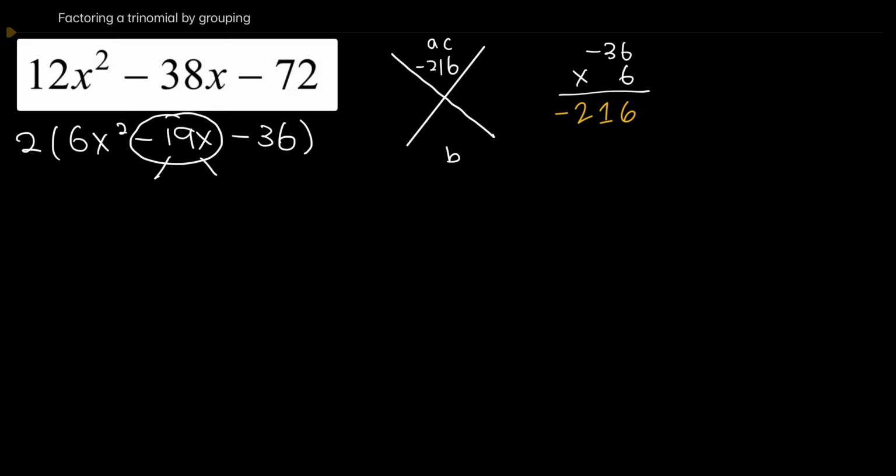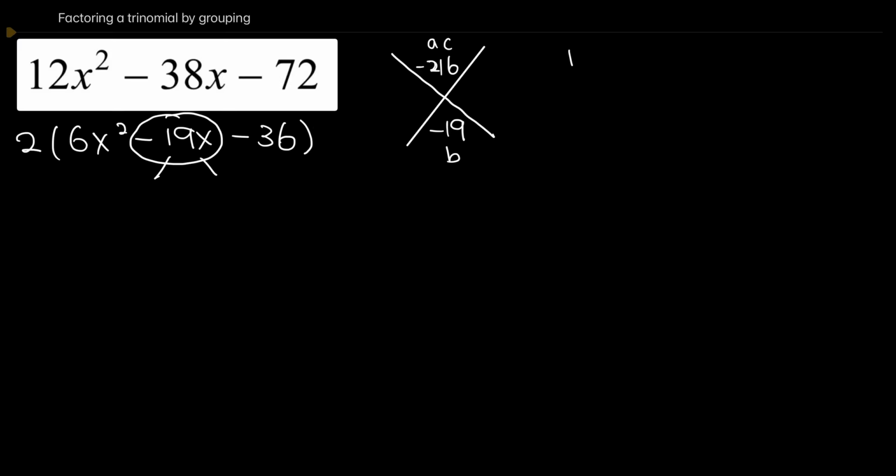So then the B is negative 19. We need to figure out 2 numbers that will multiply to the top and add to the bottom. Since this is a huge number, I'm going to just list out all of the 2 numbers that will multiply